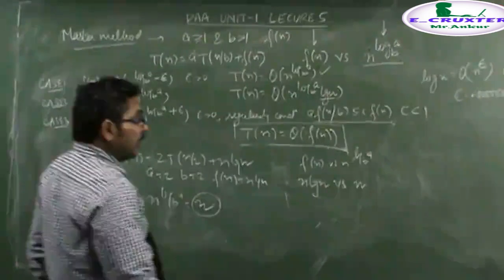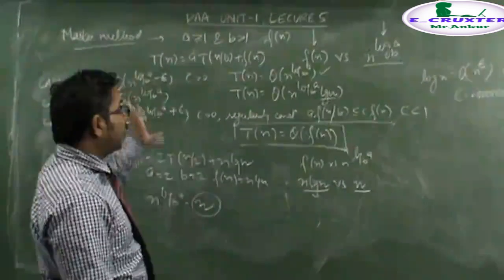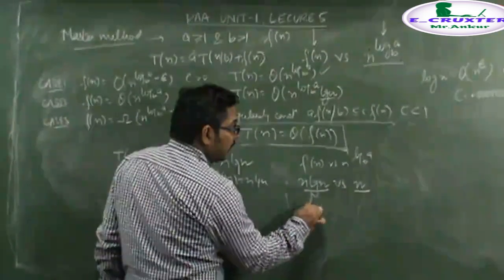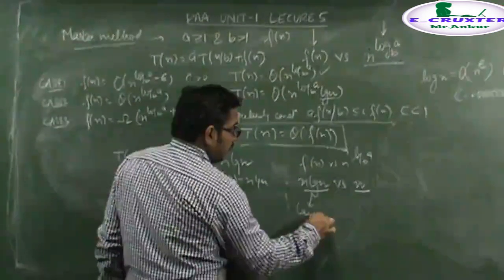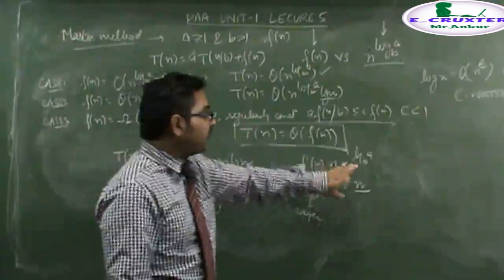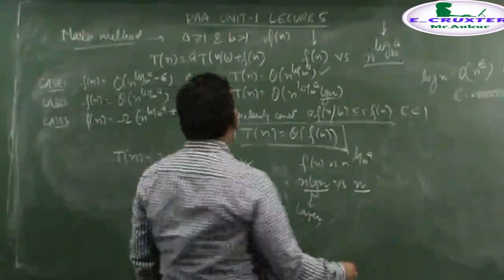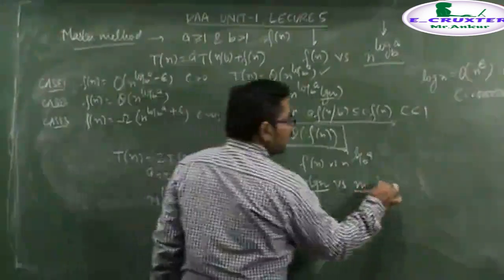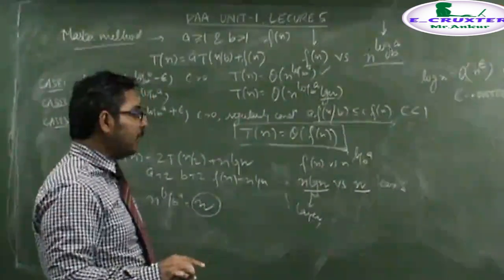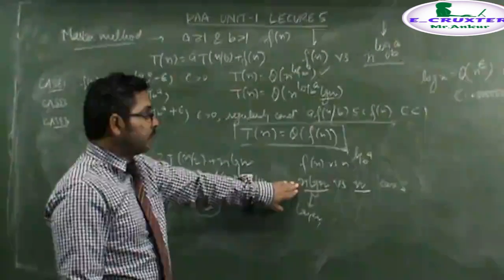Now try to understand. If you compare these two functions, the concept of polynomially larger will come when we multiply with log n. The growth rate of f of n is larger. That is, f of n is asymptotically larger than this. That is, case 3 can be applied. I am not saying that it is applied. It can be applied as the growth rate of this function is larger. But it is asymptotically larger.